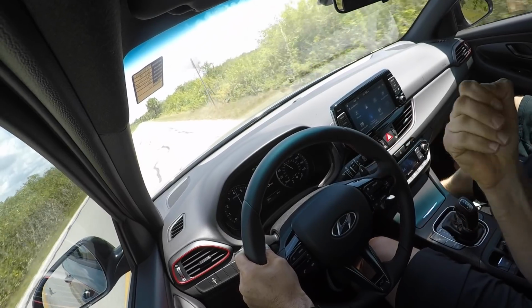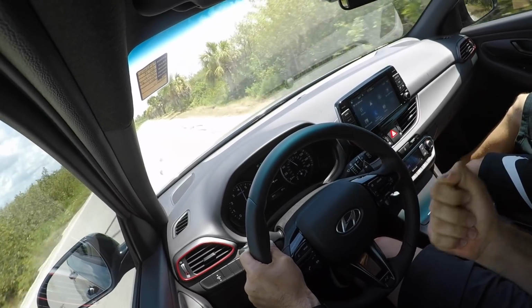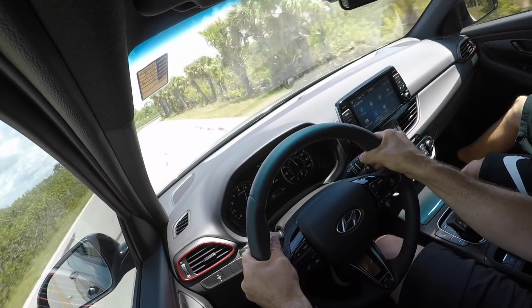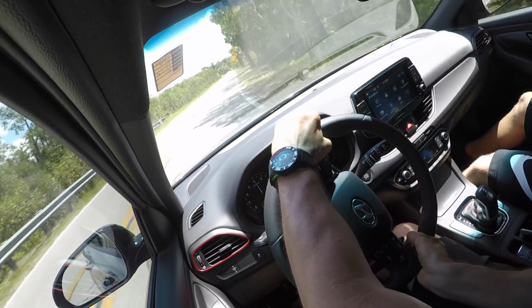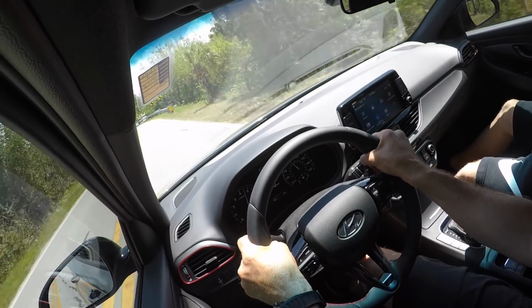And that's the tough part, in a front wheel drive car, a lot of times it's hard to give that feedback, but with this N Line, this just makes me say, Hyundai, bring over the GTN already. We need the N car over here. On the brakes, downshift, very nice. I'm loving this thing. I really, really am. Holding the gear, on the brakes,